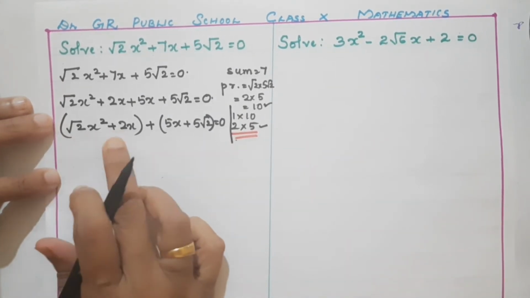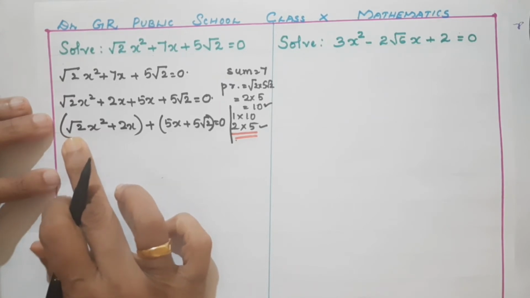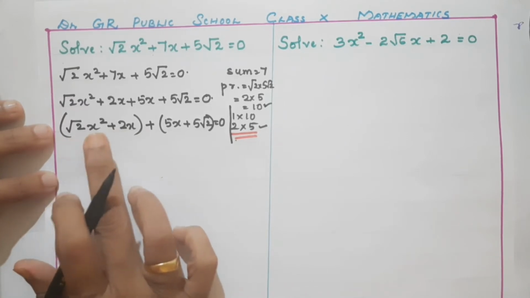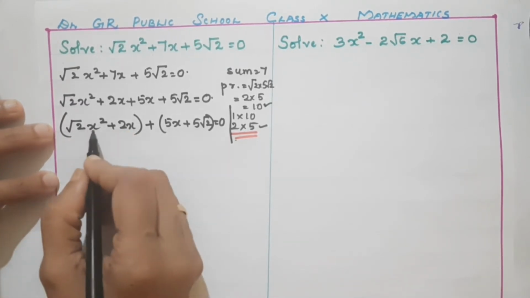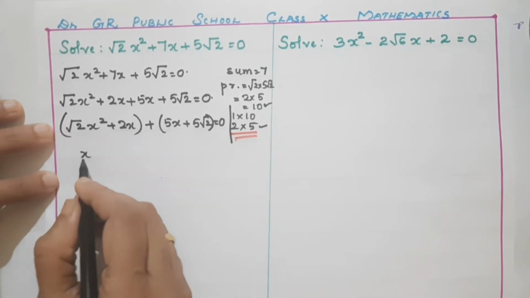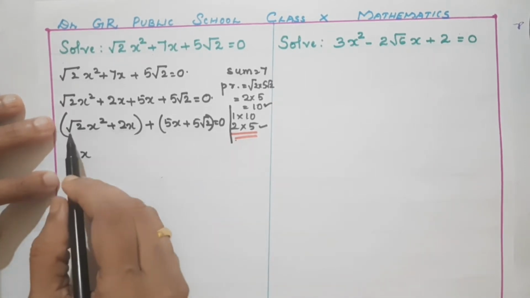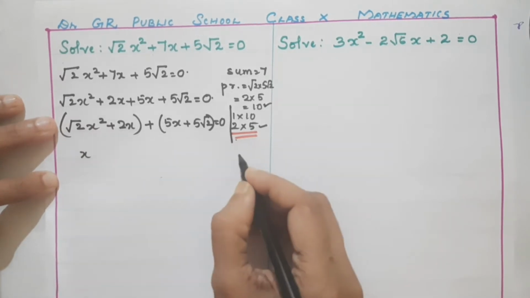Now what can be taken as common factor here? Here this is an irrational number. This is a rational number. What can we take as common factor? We have to think and take. Okay, x is common. That you know. Here x square, here x. So we can take 1x outside. Then can we take any numeral outside? Yes, because this 2 can be written as.